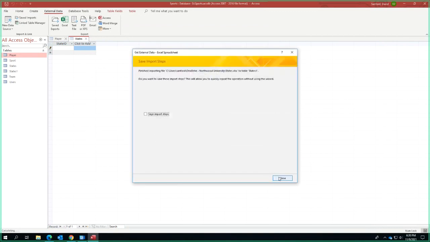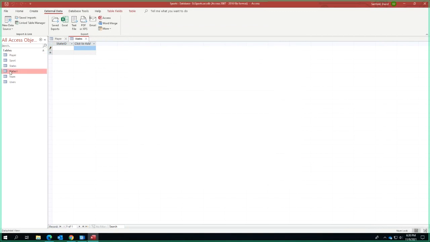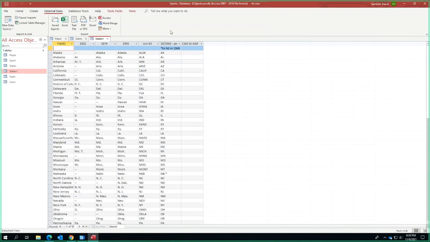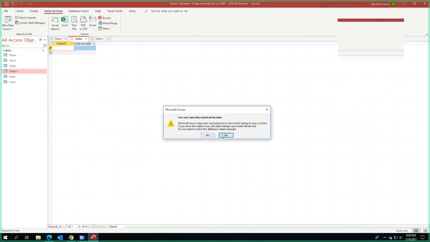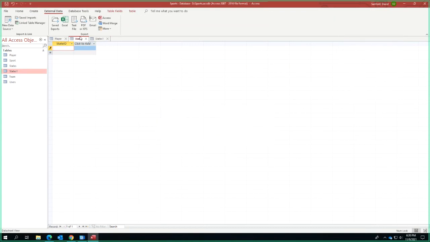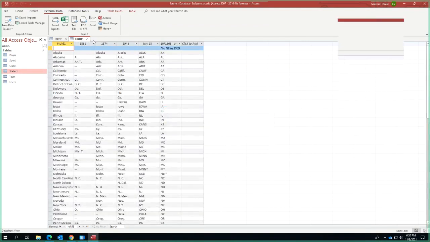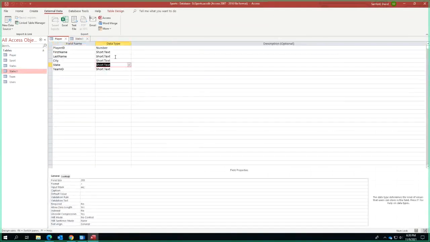I'm just going to hit cancel, close. And if I go into states 1, it populates the whole table. Okay? So now from that point forward, I can actually look for it in there. I don't have to use this one. No. Yeah, that's whatever. So I'm going to go back to player, and for state, we're going to do